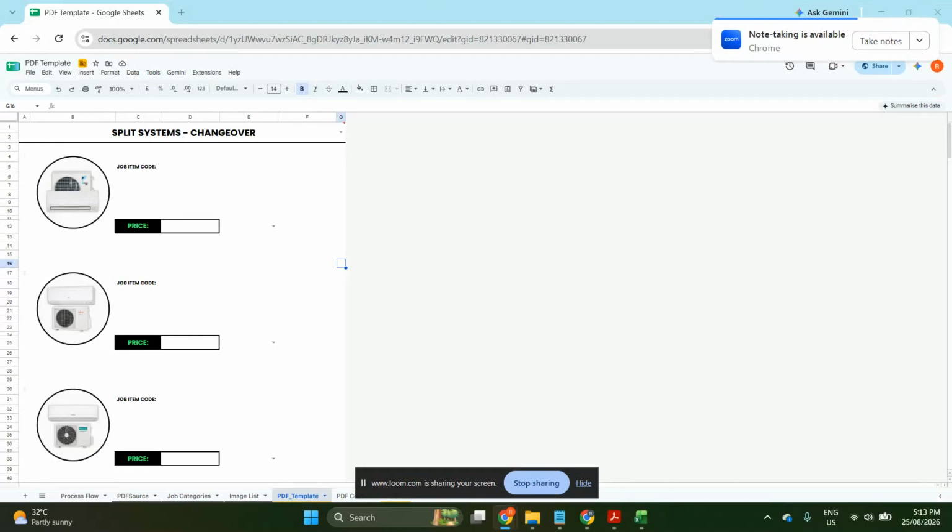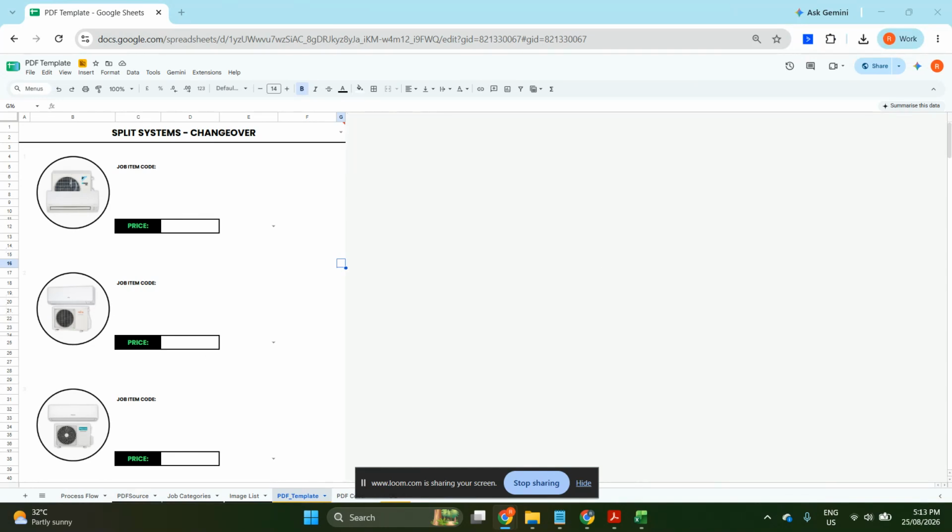So this template was created to simplify the process of generating a PDF price book for trades businesses. The price book provides the technicians with a reference they can use when presenting services to prospective clients. It's supposed to include the job or the service, the description, the price, and it's supposed to be organized by category. Right now, we can't see anything because we haven't made the run yet.